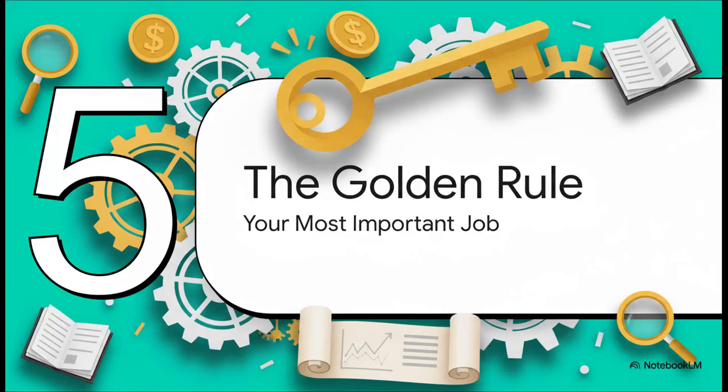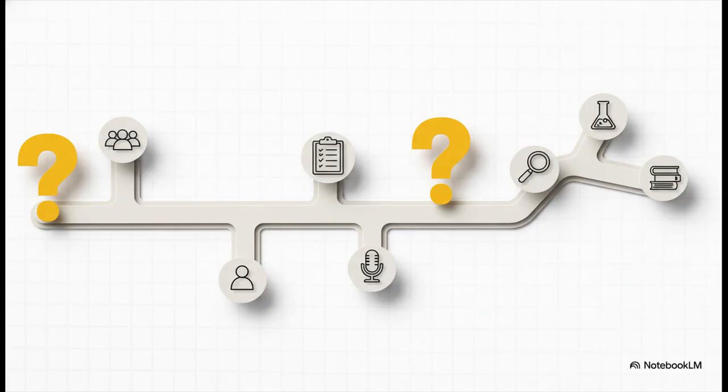Okay, we've gone through the quantitative recipe and the qualitative recipe, but underneath all of that, there is one single unifying golden rule. This is your number one job when you're writing this section. And there it is. 3 simple words. Justify every choice. That's it. From the number of companies in your sample, to the specific interview questions you asked, to the statistical test you ran, you have to explain why you did what you did and why it was a better choice than the